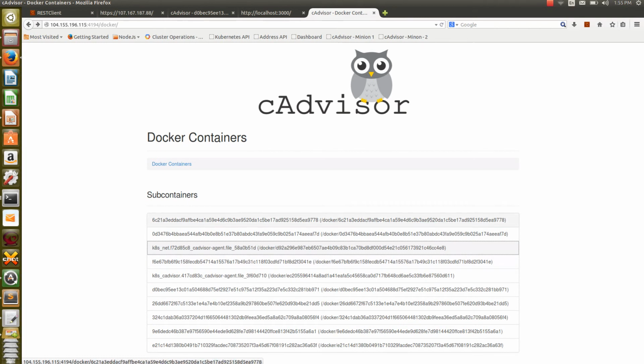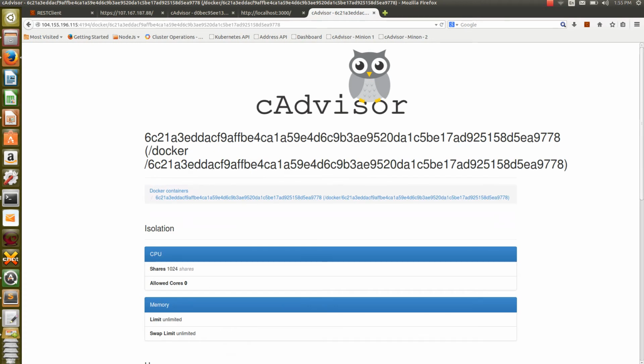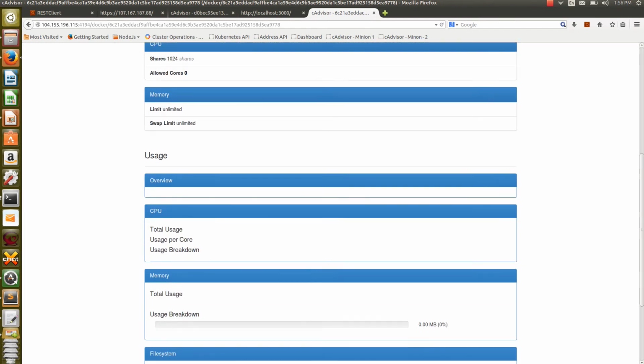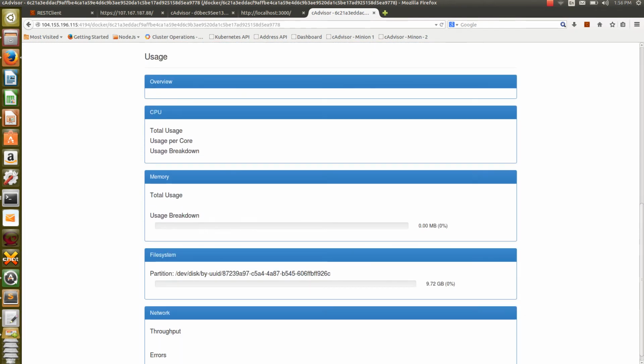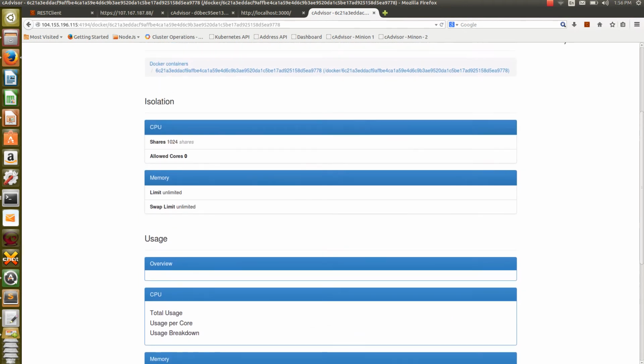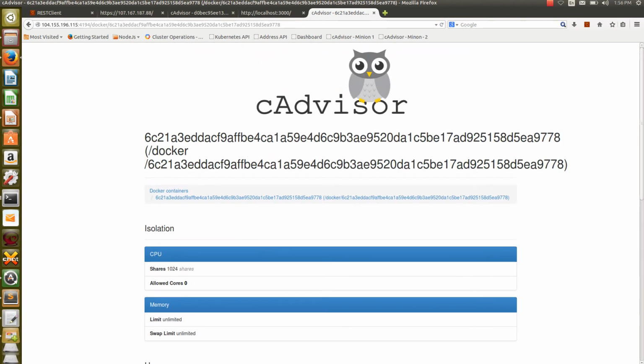Okay. So now we can see, clicking one thing, each of the individual containers, you can see the entire health of this particular container. See here, the usage overview. What is the usage? As of now nothing is running. You're not able to get anything, throughput and nothing. There is no request which we are raising.